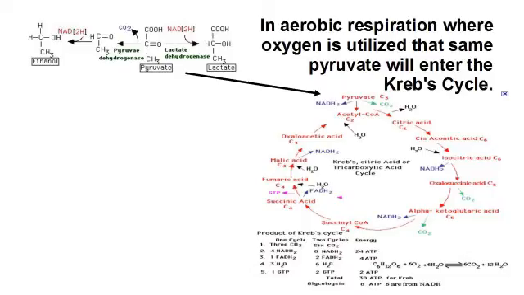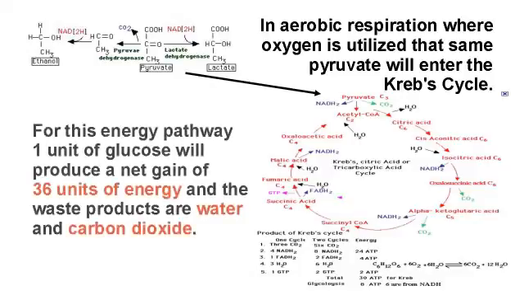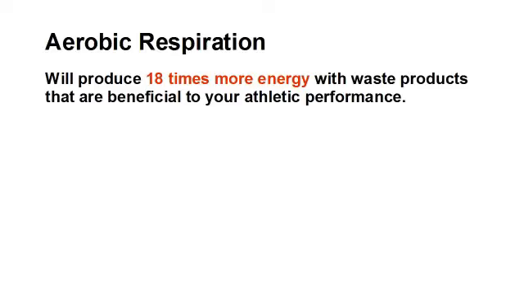However, in aerobic respiration, where oxygen is utilized, that same pyruvate will enter the Krebs cycle. For this energy pathway, 1 unit of glucose will produce a net gain of 36 units of energy, and the waste products are water and carbon dioxide. This means that aerobic respiration will produce 18 times more energy, with waste products that are beneficial to your athletic